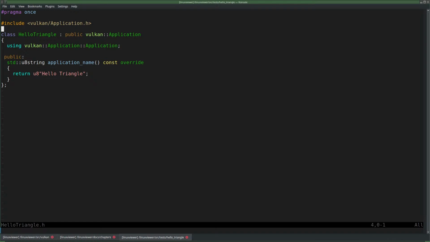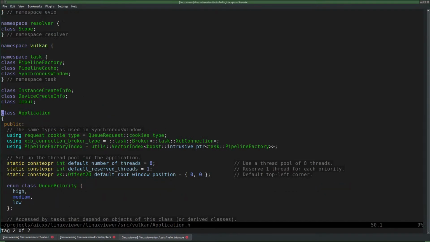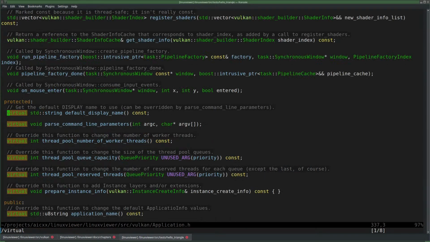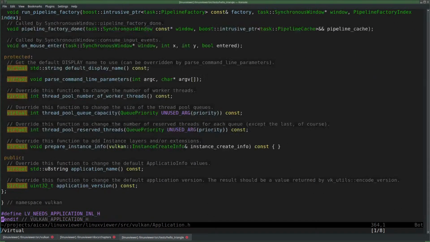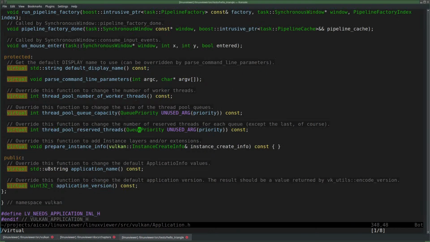Now I guess the same thing could happen for application. So Vulkan application, find the header file here. Look for virtual functions. Queue priority. But yeah, this is passed by value, so that's probably something that's not forward declared. It's already defined there.